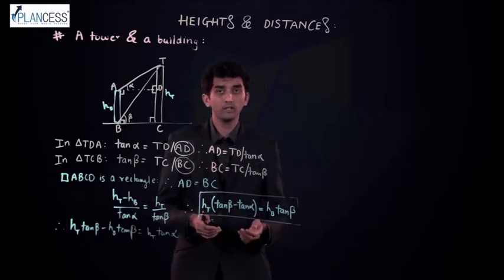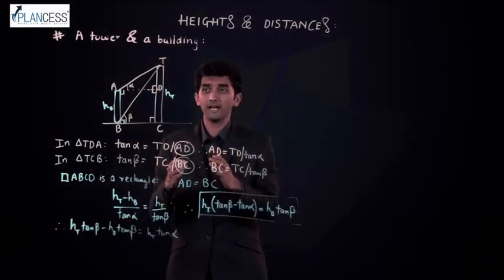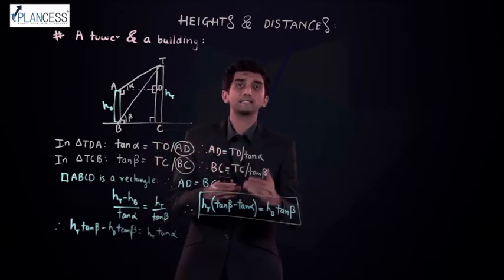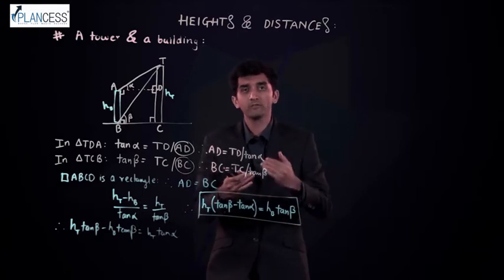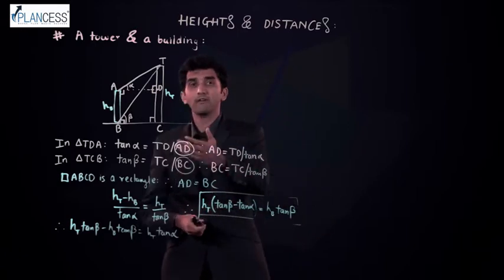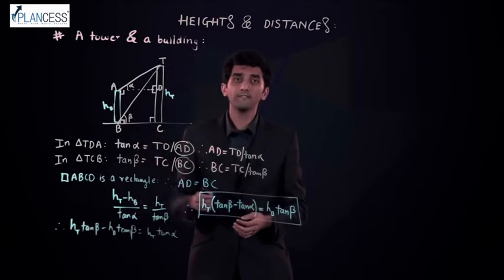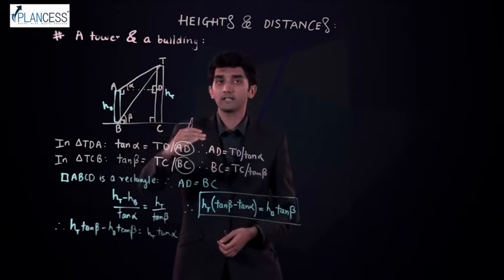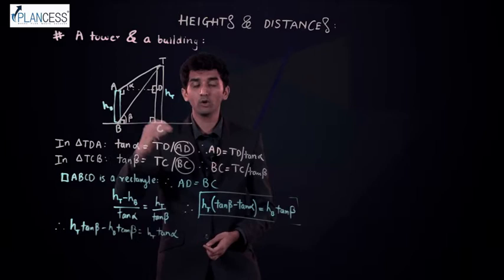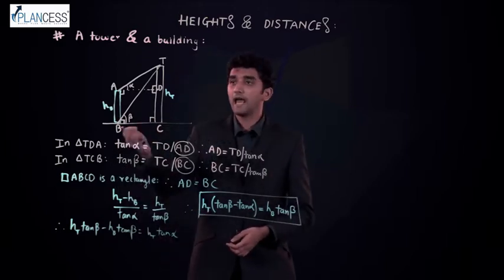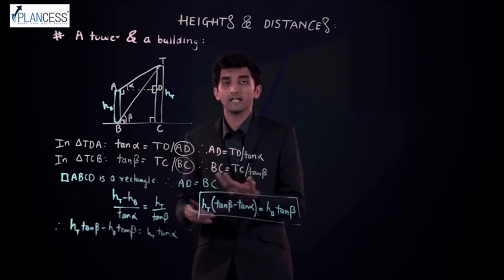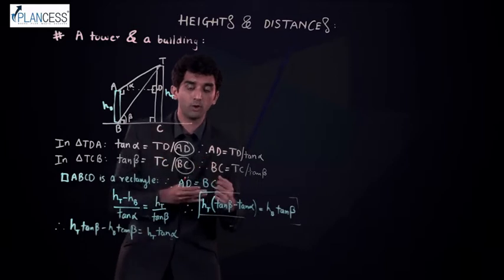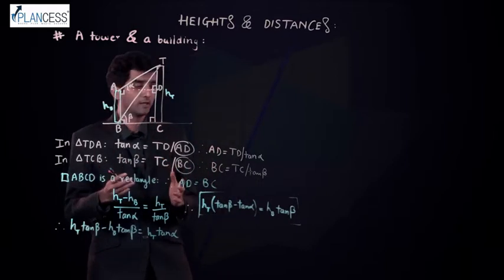So this formula will work when you have two buildings, or just to have that understanding that both of them are of different heights. We call one of them a building and the other a tower, because a tower is a building which is of a greater height. So we have a tower and a building. Then if angles of elevation of the top of the tower are given from the top of the building and the bottom of the building, in this case alpha and beta, and either of the two heights is given, the other height can be very easily found out. Now on the basis of this, let's solve one problem